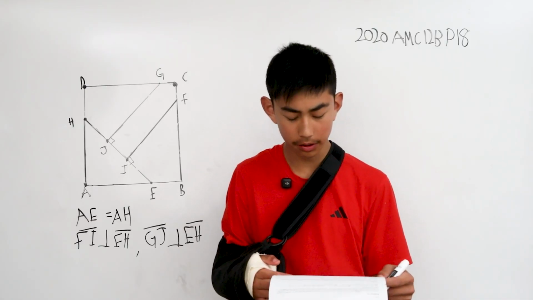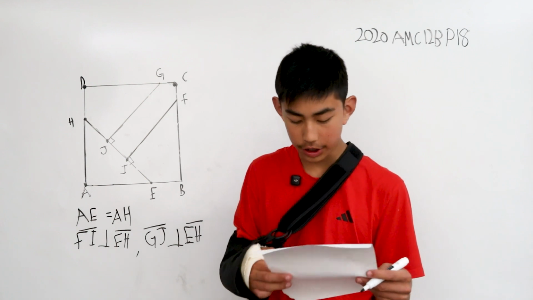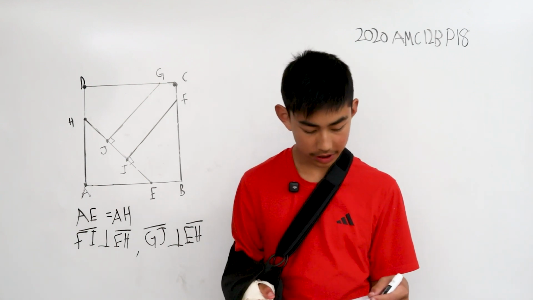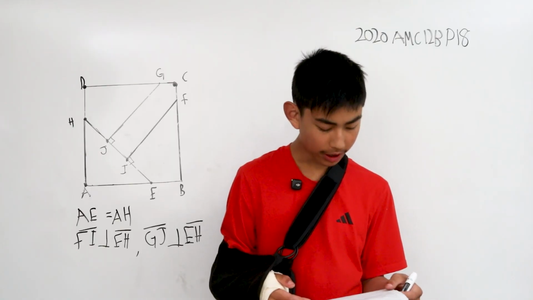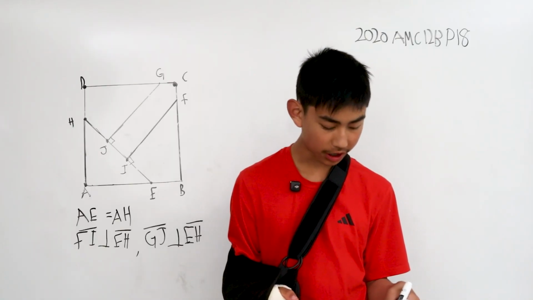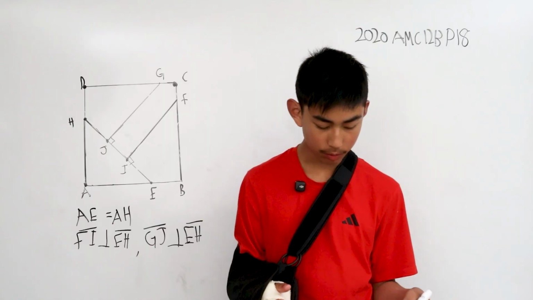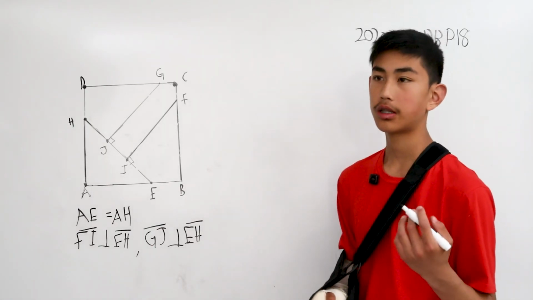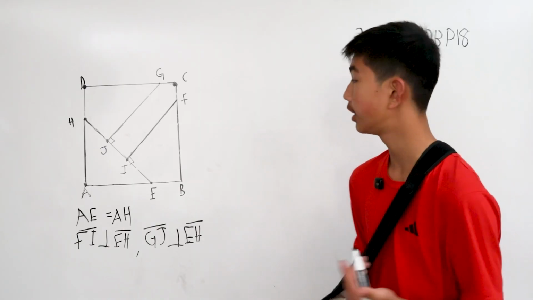See the figure below. Triangle AEH, quadrilateral BFIE, quadrilateral DHJG, and pentagon FCGJI each has area 1. What is FI squared? First thing to notice here is that the problem says that this entire figure is a